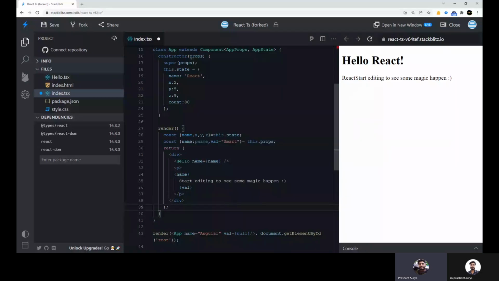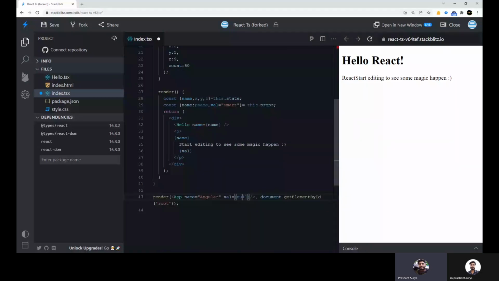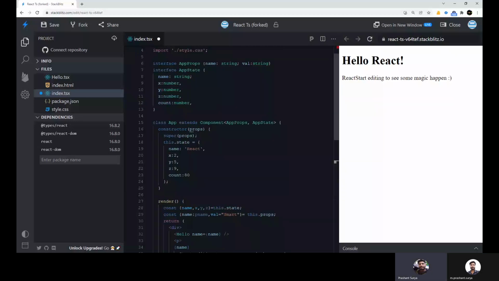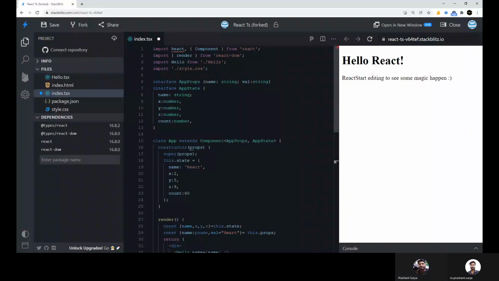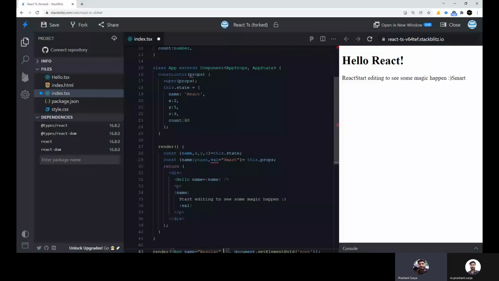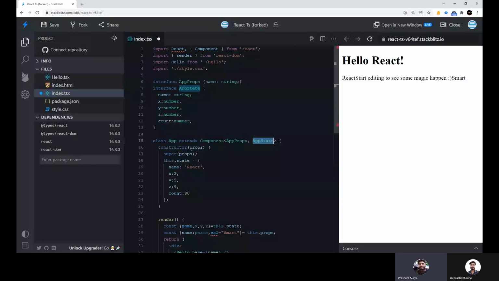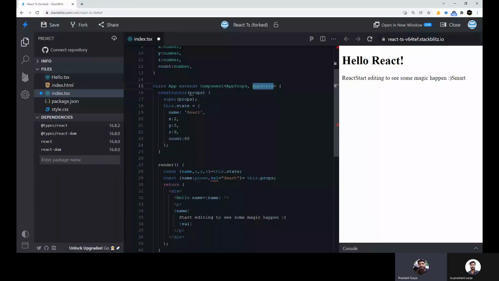But let's suppose you don't have val here, and you don't have val here. It will throw an error, but if you use an interface, it will throw an error that you have to mention that one exists.